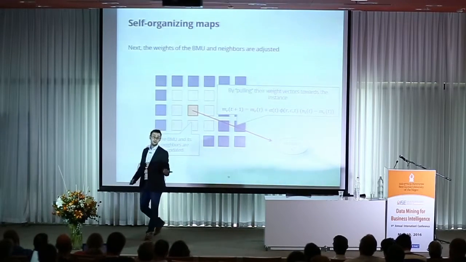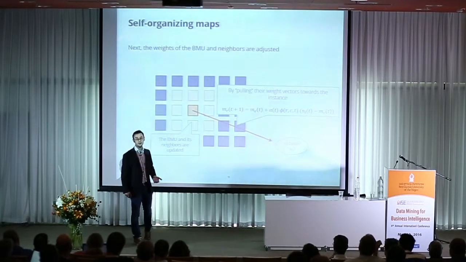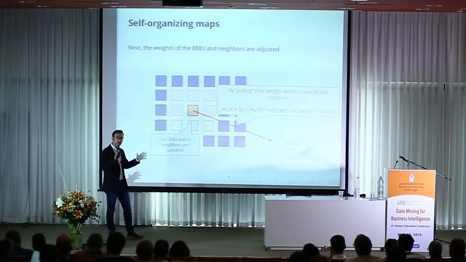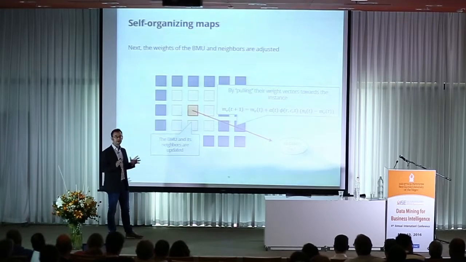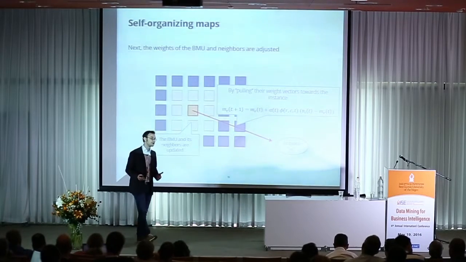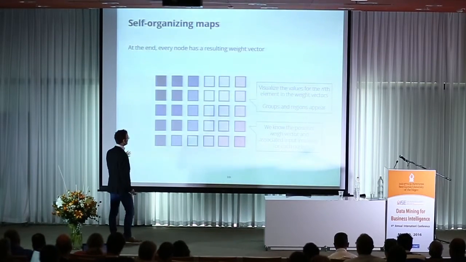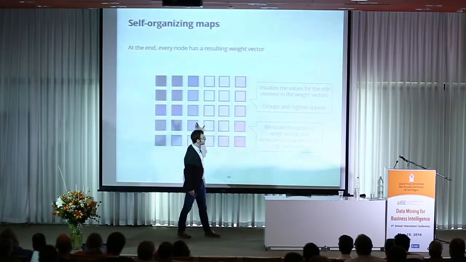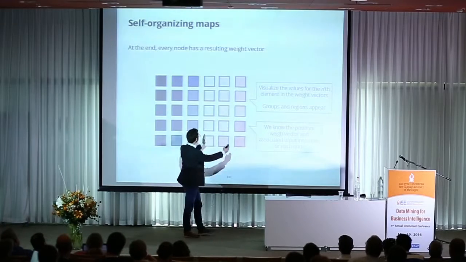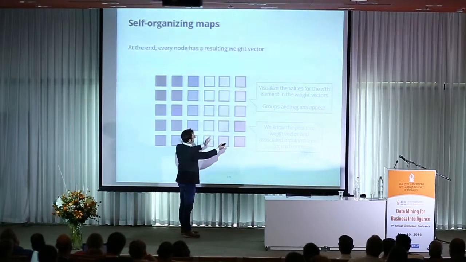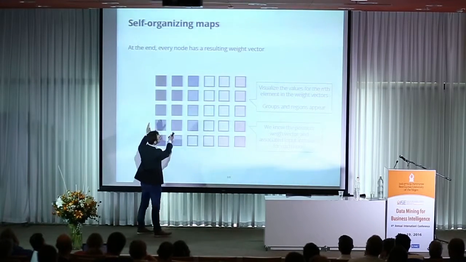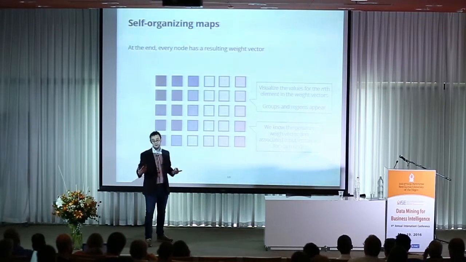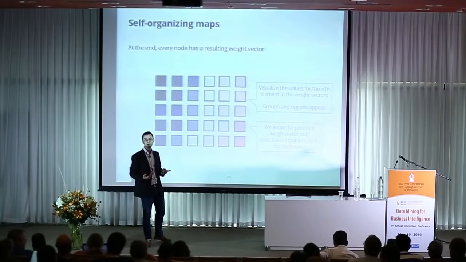You run over it. You can run over it multiple times. You can run over it randomly. That's all up to the configuration of the particular algorithm. But you lay out a map. You lay out the weight vectors of every node to correspond with the instances you have. Now, at the end of this, what happens is that you see groups appearing in this map. You see regions appearing, like here in the lower right, I have the red region, and then here I have the dark blue region. And these correspond with clusters, with segments, customer segments in our case,